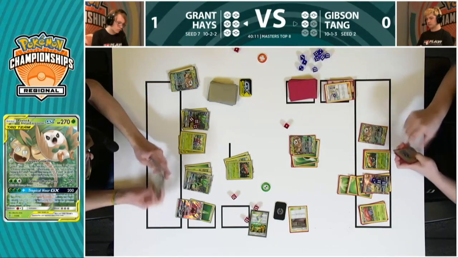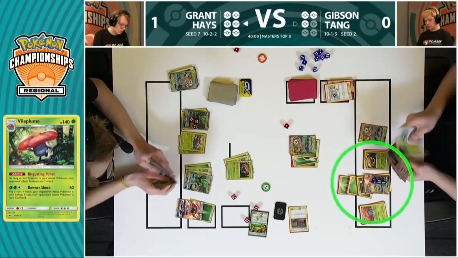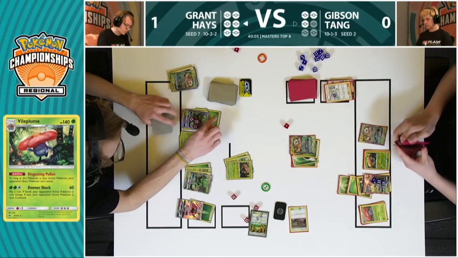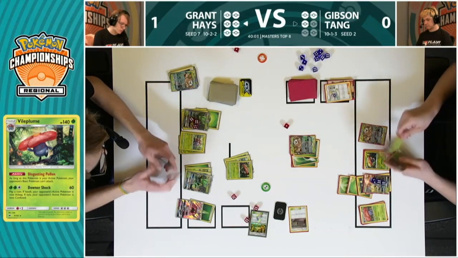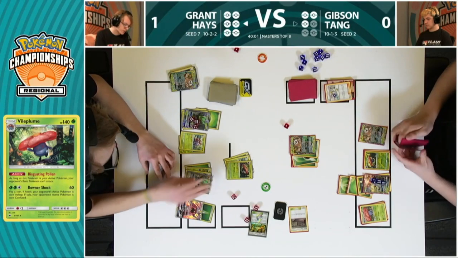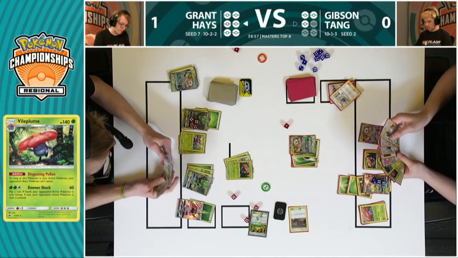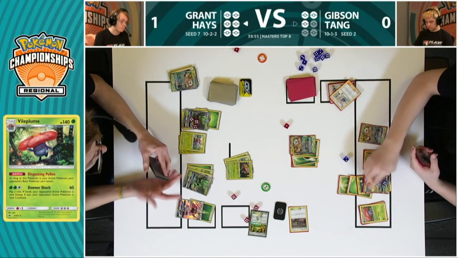Like you said, the longer this Vileplume sits here, the more and more damage it's going to heal. It can eventually get down to a point where it has no damage counters on it, then Massive Bloom is hitting for that full 180 once again. Grant is really going to need to find himself a Guzma at some point in order to take care of that before Gibson can heal too much